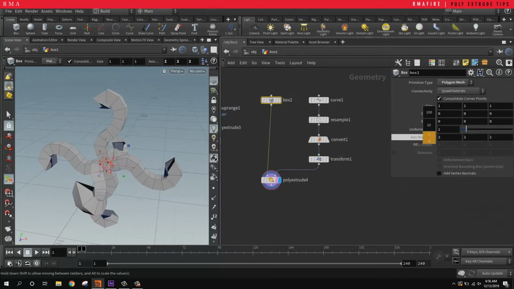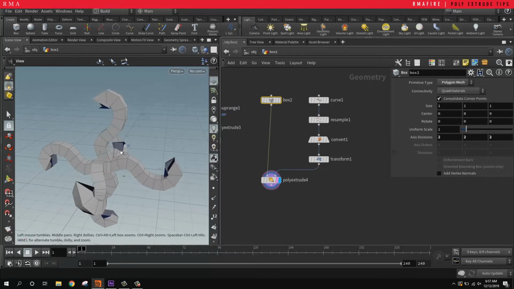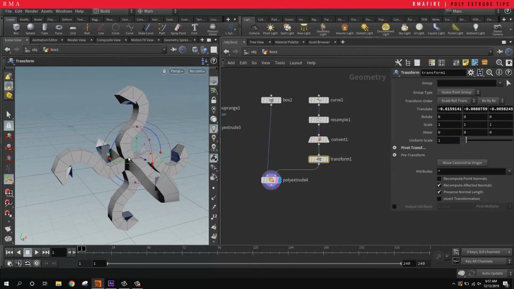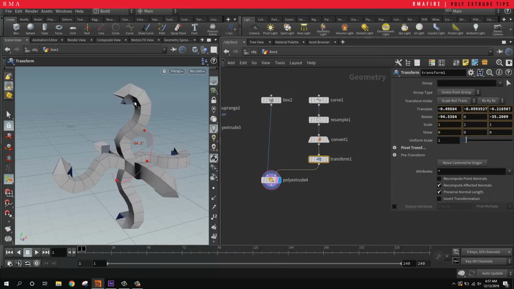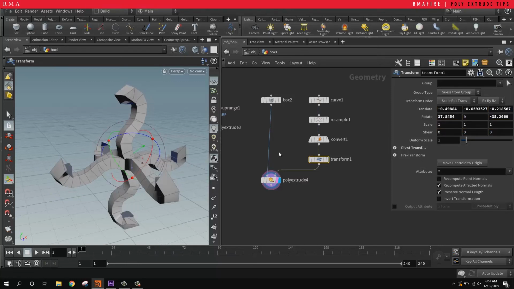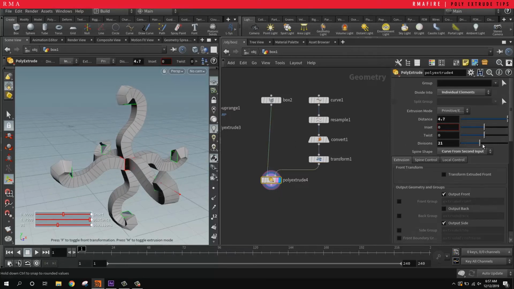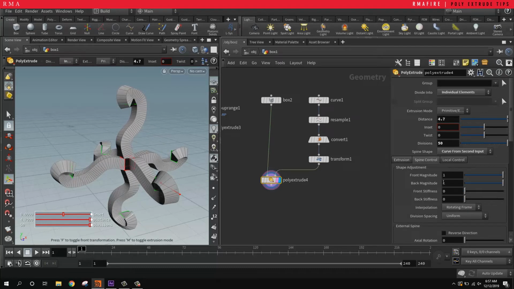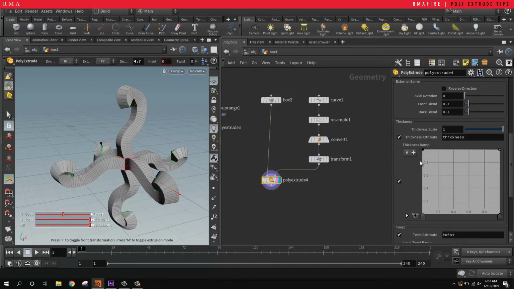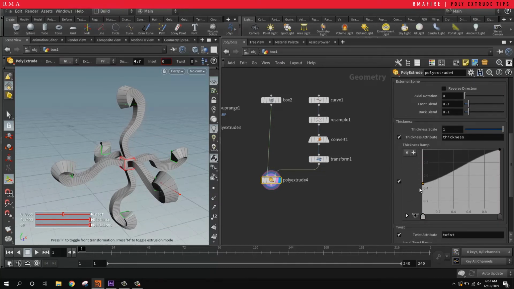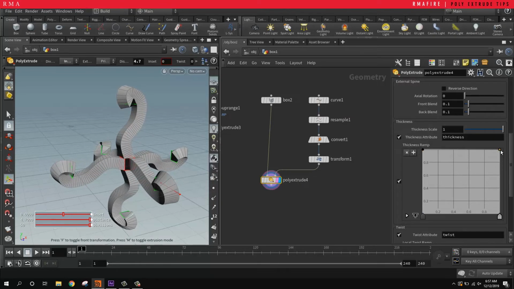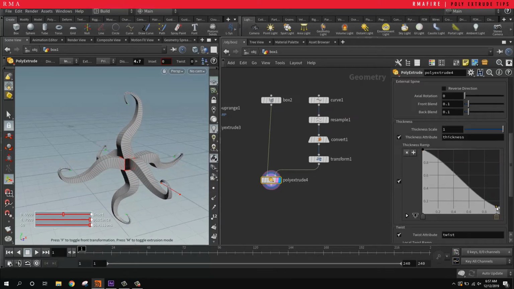So I'm just gonna use one for the sake of showing you guys. And then right here, you see that if we rotate this, this is actually going to be affecting those. See? And then what we can do is come in here and increase the subdivisions. And then on spline control, we can come back and control this. So that's where things start to get pretty cool. Relatively fast. See, we can have quite a lot of control